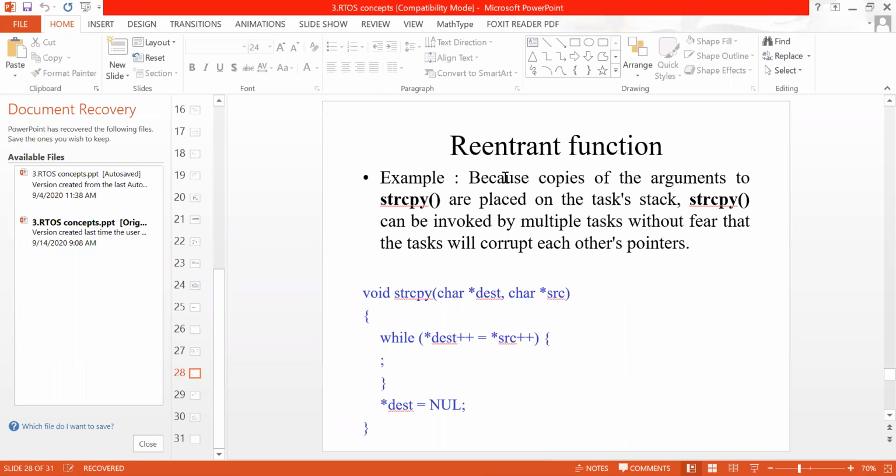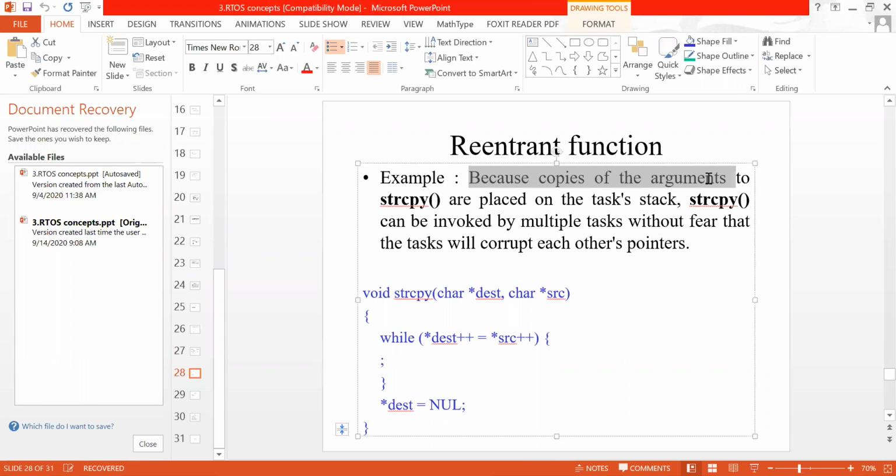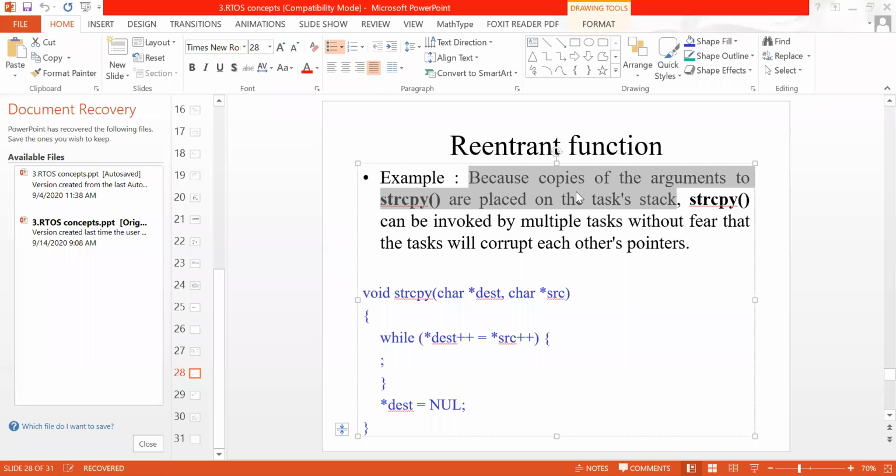Here the justification is given: because copies of the arguments to string copy are placed on the task stack, string copy can be invoked by multiple tasks without fear that the tasks will corrupt each other's pointers.